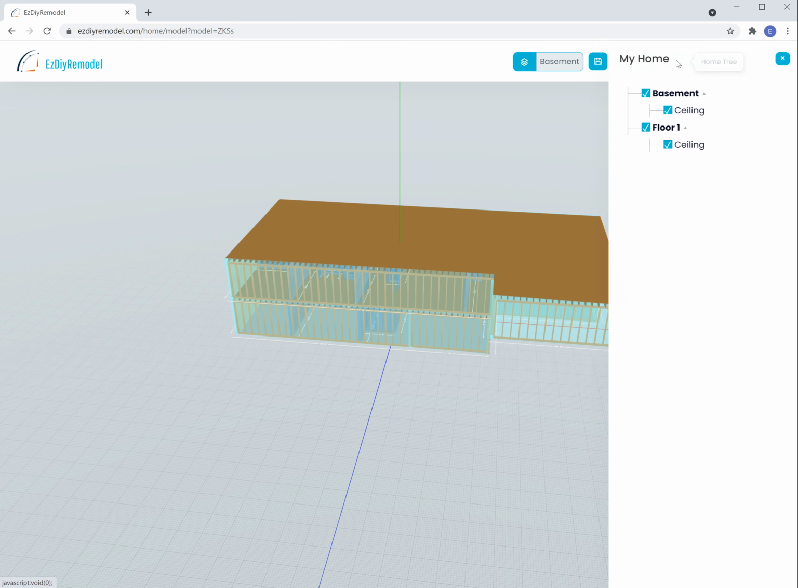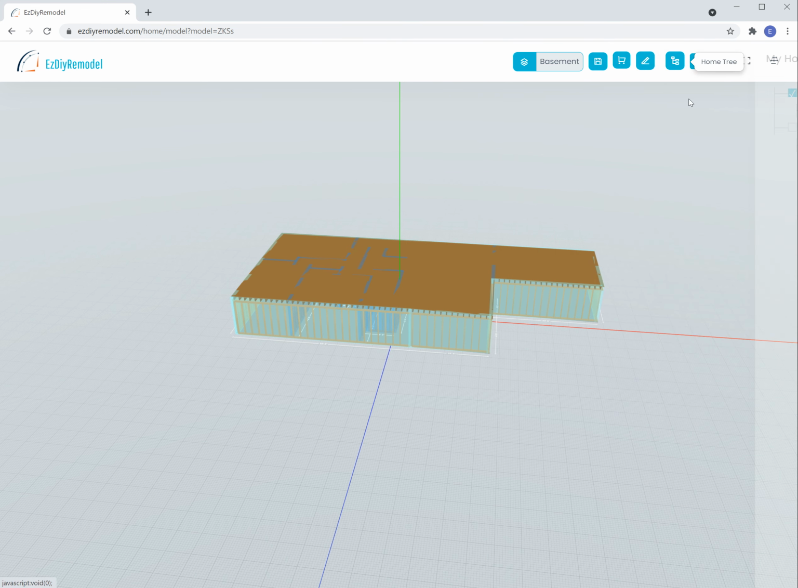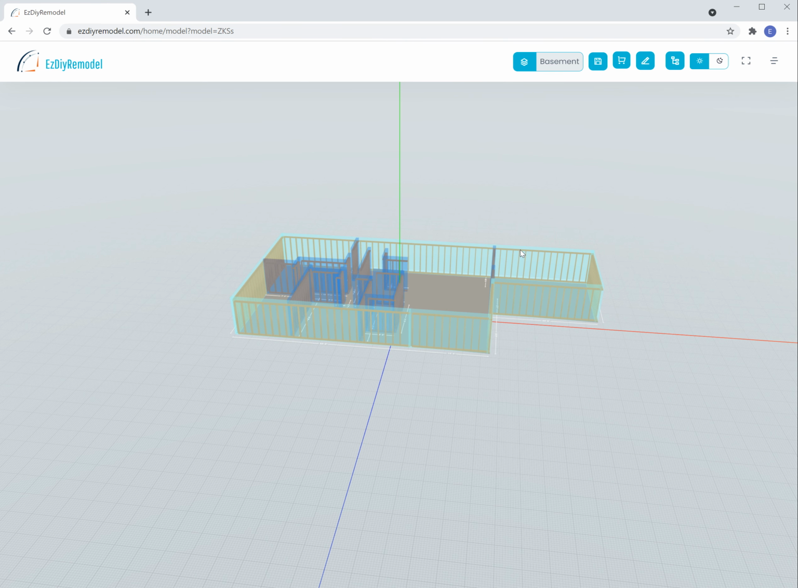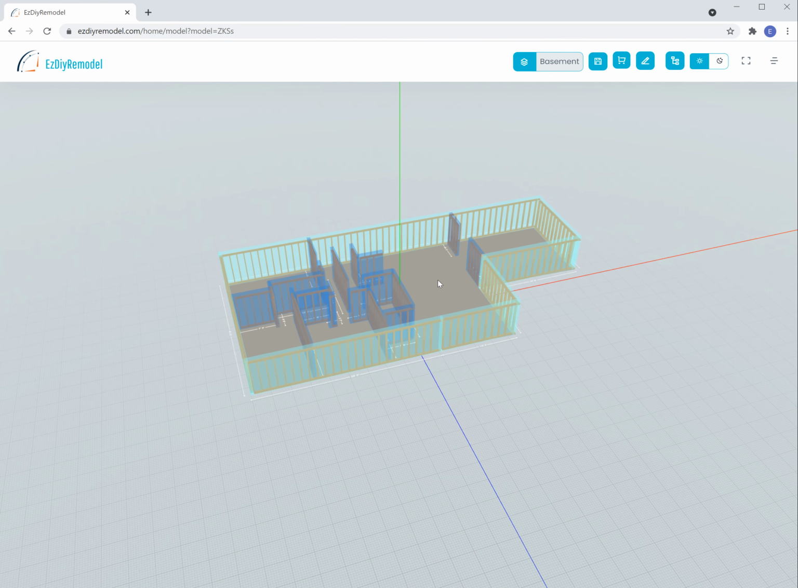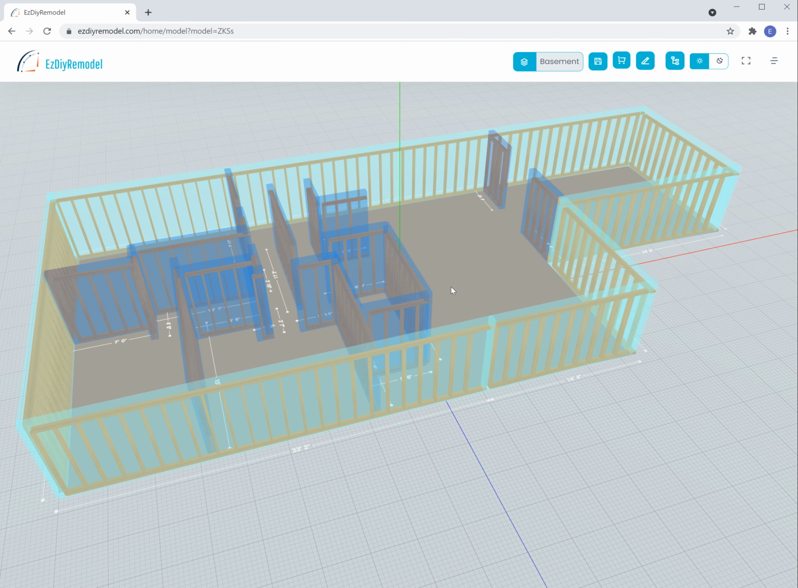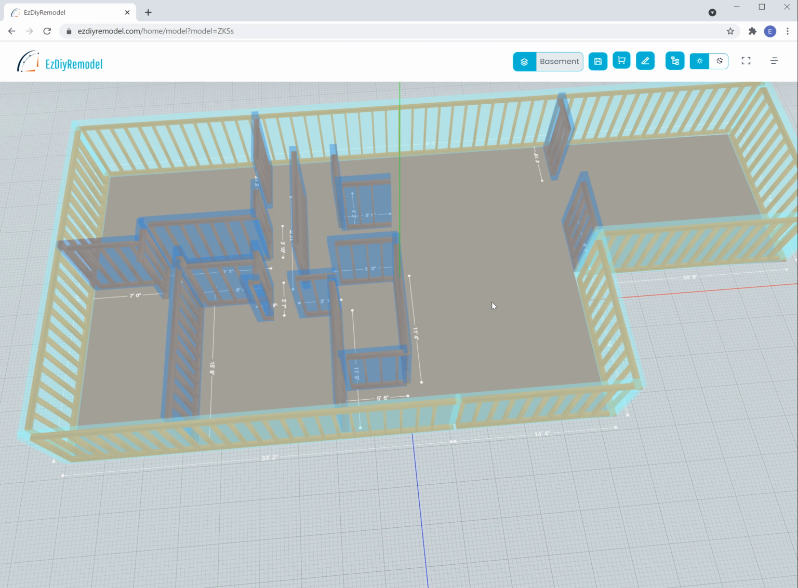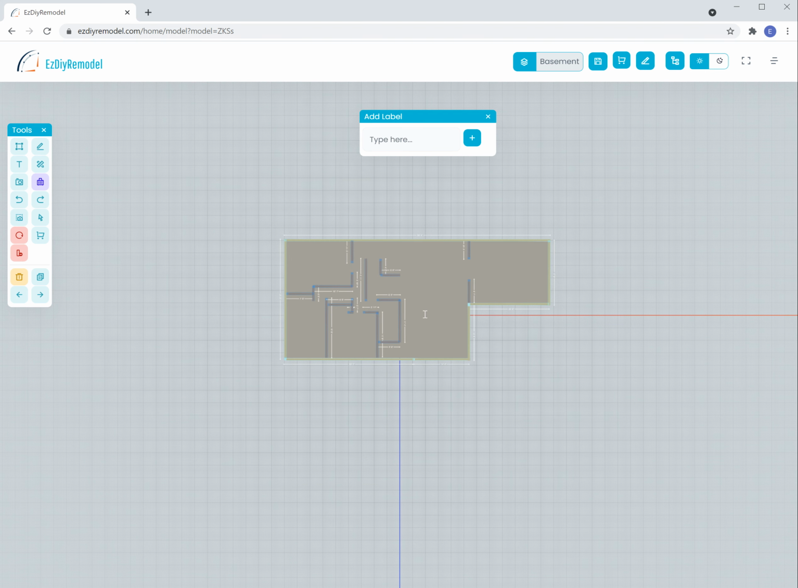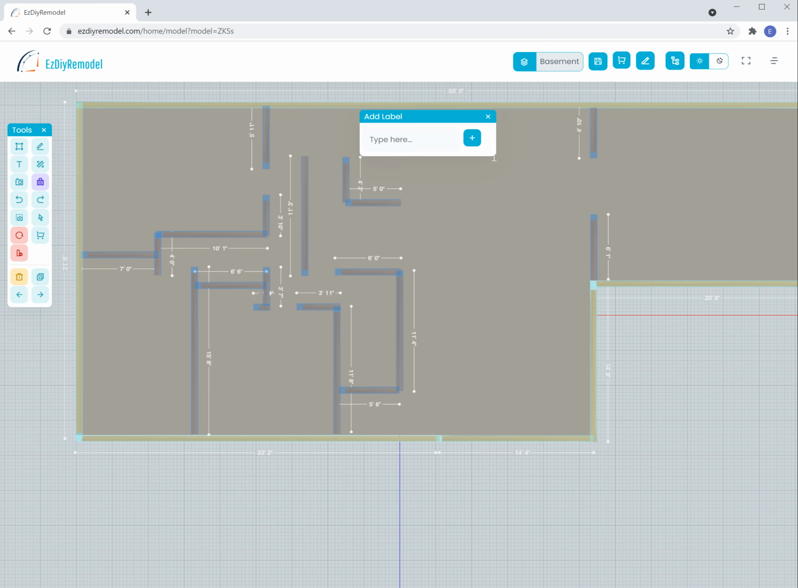So you can quickly use this tree view and hide the first floor and maybe hide the ceiling as well. Okay. And you can see the nice basement that you have. And I want to add some text. I want to name each one of the rooms. So I click the edit button and then the T to add labels. And I can zoom in a little bit more here and I can drag my text box and type,